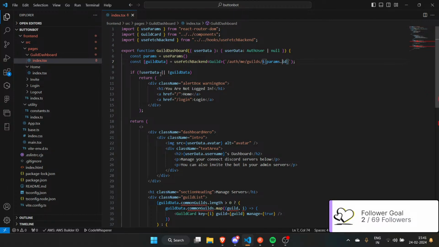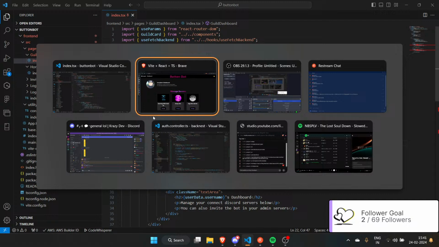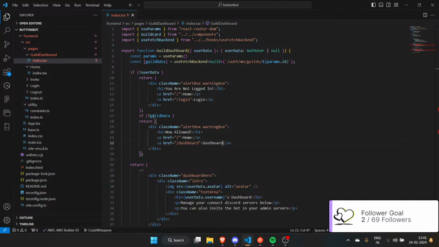Not logged in. And if not, guild data, not allowed.